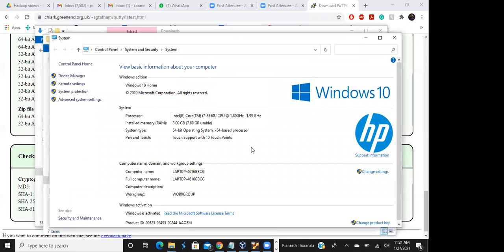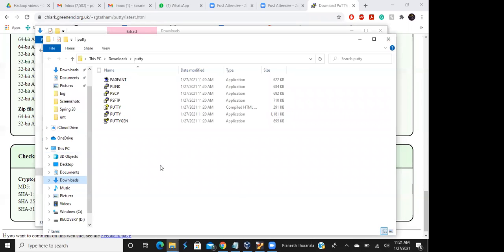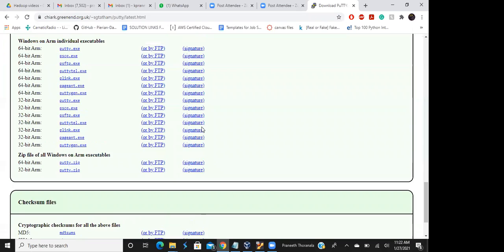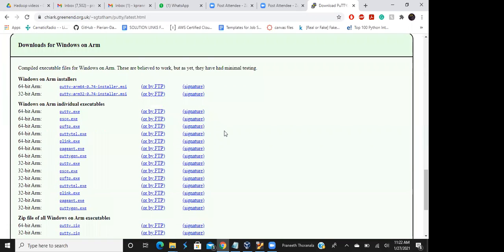Okay, so now go back to this putty page. We downloaded 64-bit only, no? Yes, sir. We downloaded 64-bit ARM. This one. Okay, can you go up, download the putty.exe.